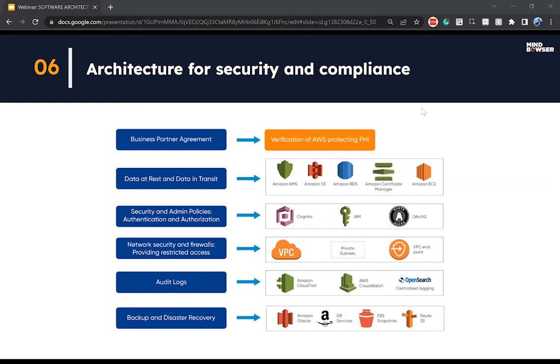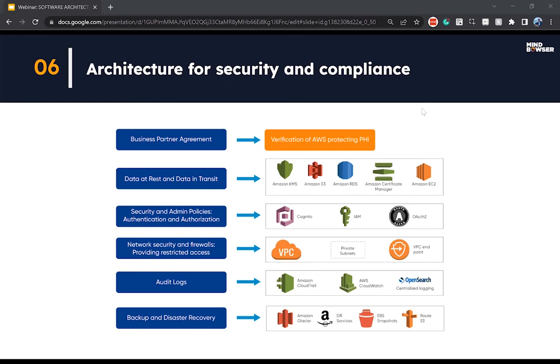Audit logs are also most important. They allow us to monitor the users, and if we implement AI and ML, we can also predict behavior and anticipate the risks that are coming. For that, we can leverage CloudTrail or CloudWatch, and we can even use centralized logging with AWS OpenSearch, which is actually the Elasticsearch version.